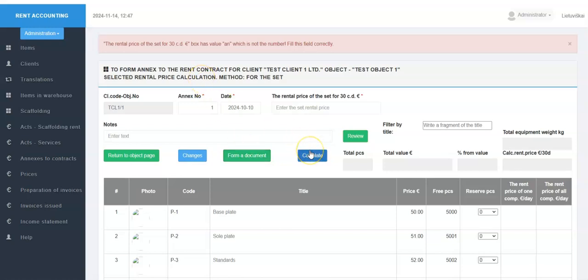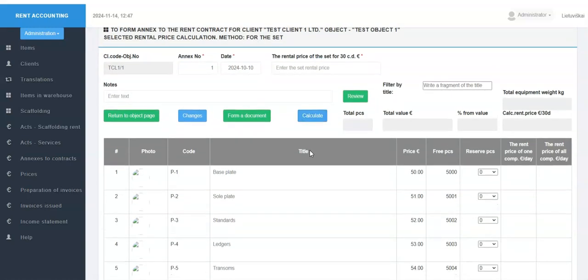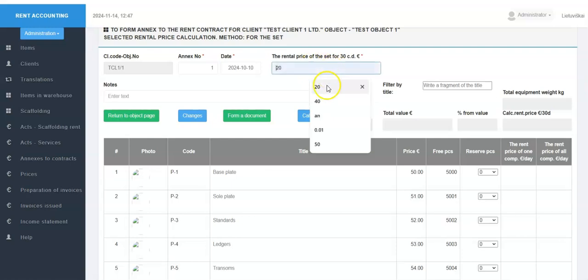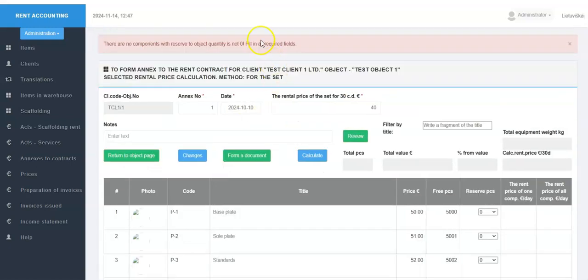The program checks the entire series of entered data and displays messages to the program user if those data do not meet the requirements, so that the correct data are entered into the program database and the corresponding documents. For example, if after entering the rental price we do not enter the quantities of components and press the Format Document button, the program will display a corresponding message again.